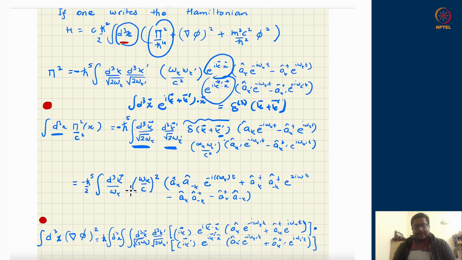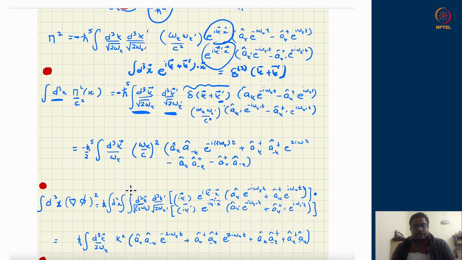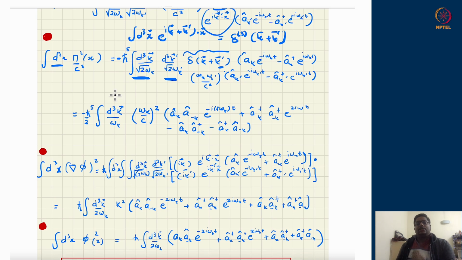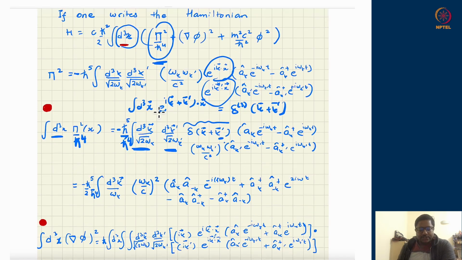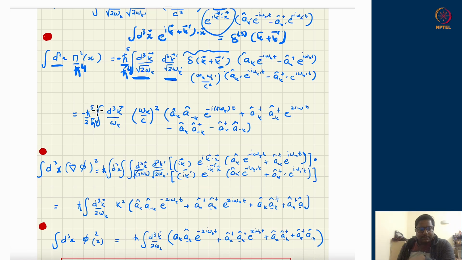Okay, so this is fine. Now let us look at one more thing. Since you remember there was an h bar to the power 4 here, I can divide it by h bar to the power 4. I do not know why I wrote a c square here. It should not have been, but it should have been h bar to the power 4. So that h bar to the power 4 will come in the denominator and will cancel the fifth power of h bar, and ultimately the first term will just be minus of h bar by 2 times the whole factor here.